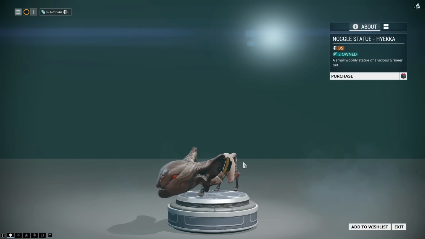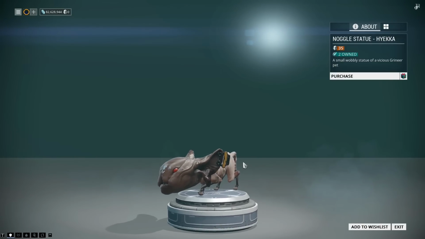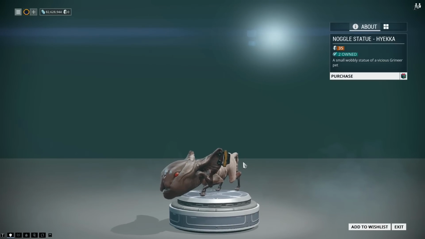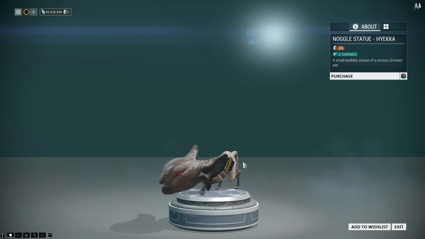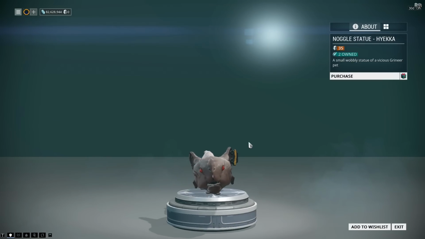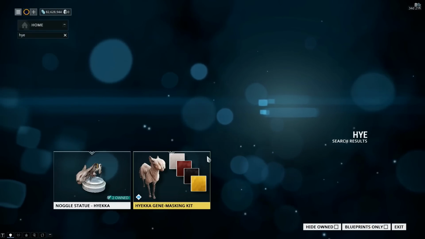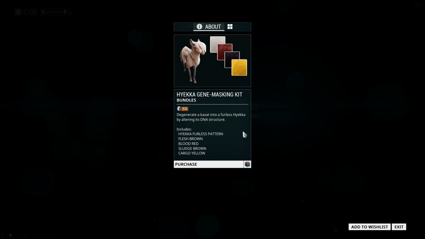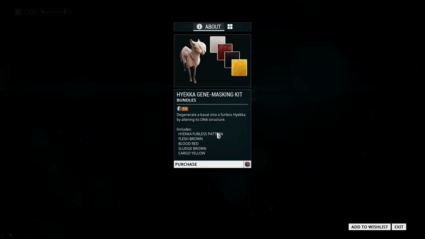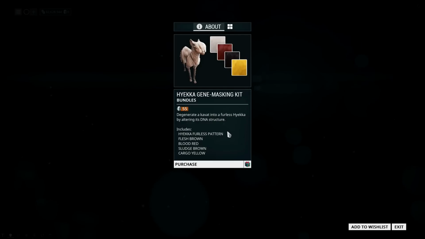And lastly, in the release notes, which I'll put a link to in the description below, they had this one sentence that says, you can now equip the Hyekka Kavat companion. And I will admit that I spent 10 minutes looking for this thing and couldn't find it anywhere. This is a Hyekka, it's the Grineer version of a Kavat. It actually means that there's a Hyekka gene masking kit which comes with a new fur pattern, which is the furless pattern. So it takes all of the fur off, allowing you to run around with a hairless Kavat,